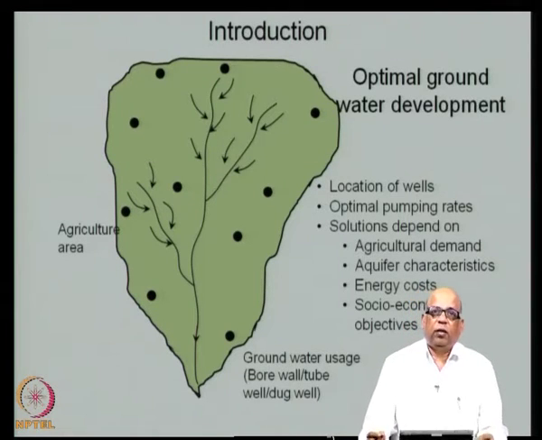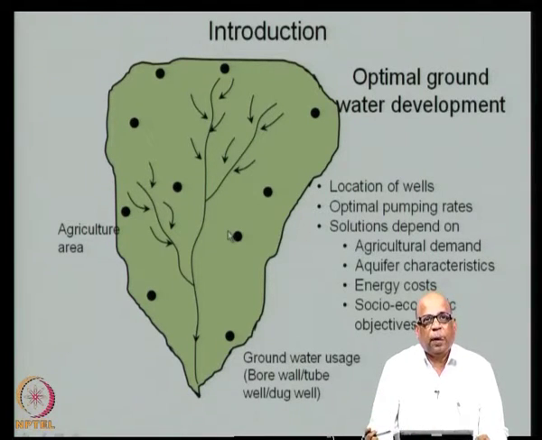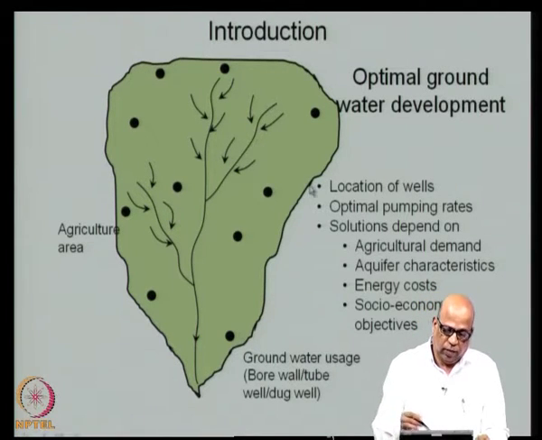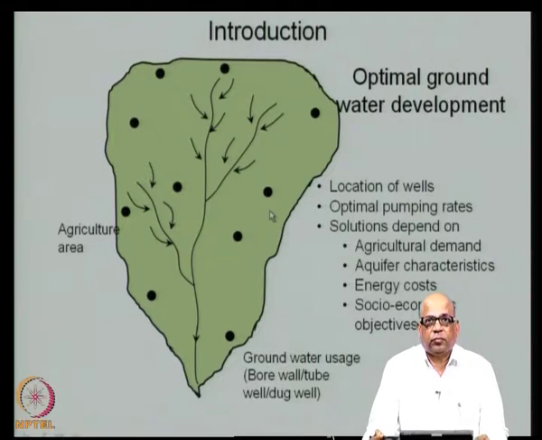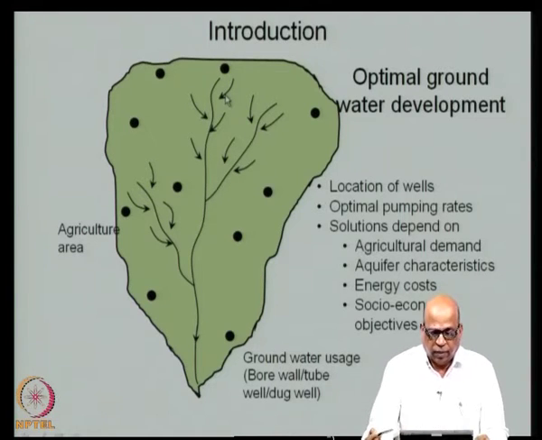You look at another typical problem where you do not have any reservoirs, nor do you plan for any reservoirs. However, there is adequate groundwater available and you want to develop the agricultural area. So, you want to supply water for the agricultural area. So, the question that you would ask is, how do we develop the groundwater system?